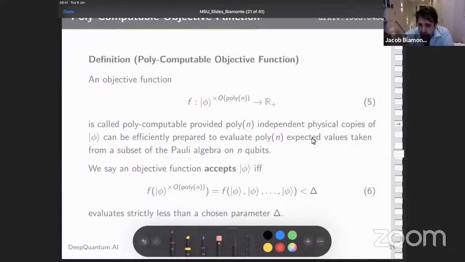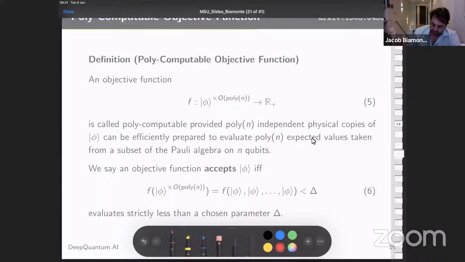Okay? And if I give you the promise that there's a gap in the problem, the Hamiltonian, that has at least energy delta, then this starts to make sense. If the problem is gapped with a non-degenerate ground state, and I can get an approximation of my objective function, which is the energy, and that's less than delta, then obviously, and this is formally proven, this will necessarily have overlap with the ground state, right? If you get energy less than delta, the gap is delta, it works.